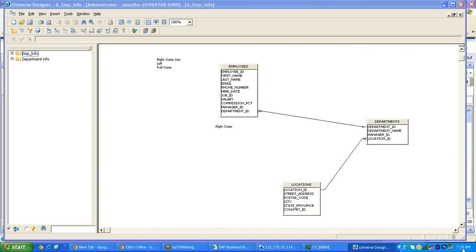We can write a formula. So, if substring of price range of 1 comma 7 is equal to mid-range, then what do I want to display? Then I want to display the mid-range, right? Mid-range. Perfect. Else if